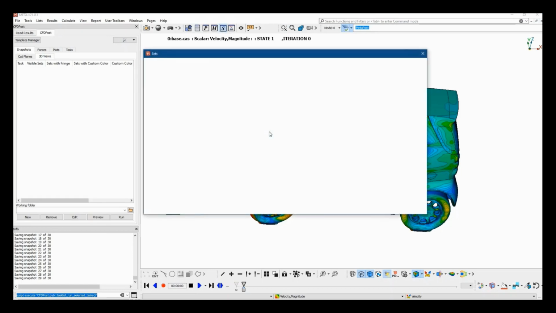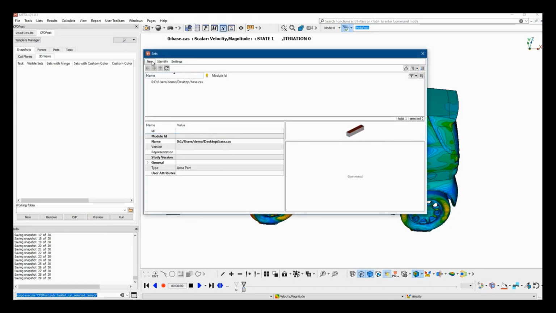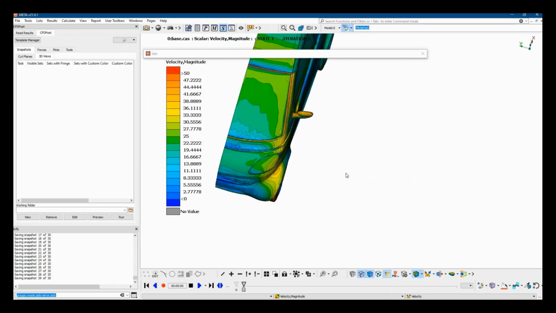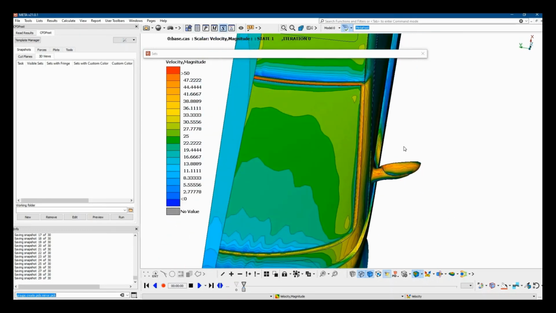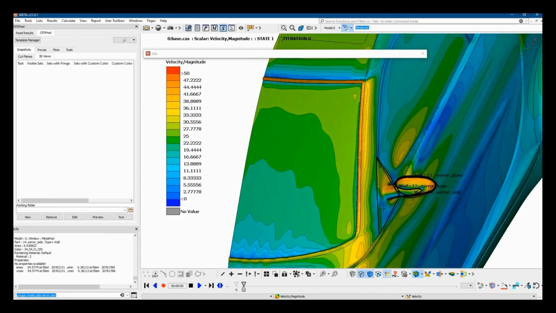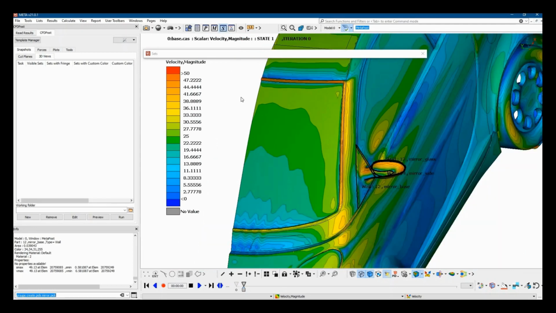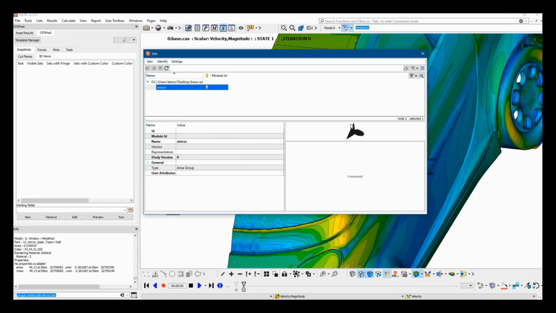First, let's create the sets that we're going to use. I'm going to create a new set from PIDs. For example, I'm going to put the mirror PIDs in a set called mirror. Okay, I'm going to pick them from the screen, like so, and our set is ready.